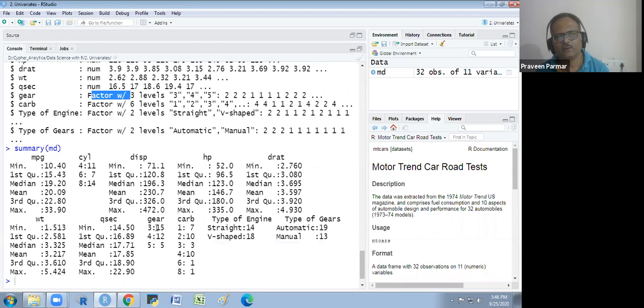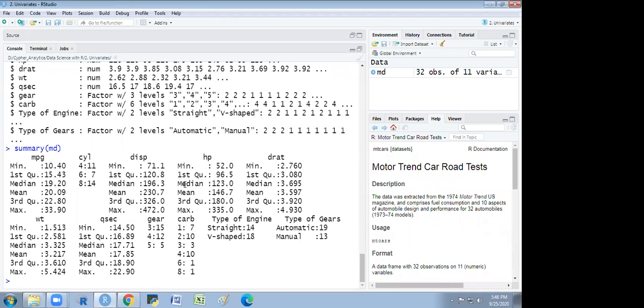So you see, 5 vehicles have 3 gears, 12 have 4, and 5 have 5. And for carburetors, 7 vehicles have 1 carburetor, 10 have 2, and it goes on this way. In this summary we get the 6-point summary for numeric data, and the contingency table for categorical data, the factors. Does that make sense to everyone?